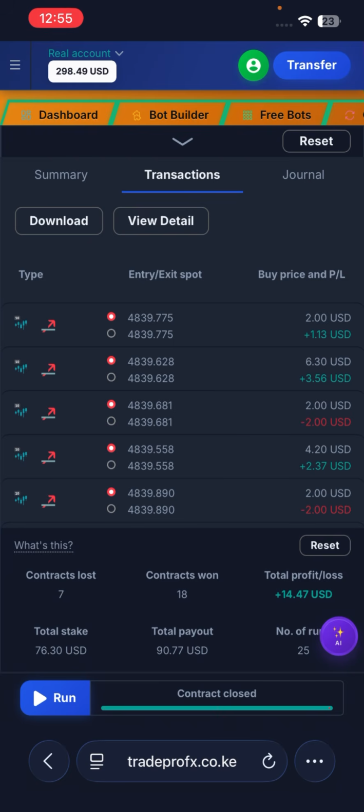So we are done. You can see the bot has stopped at 14 with 300 scoped. It's very easy. So I've made 15. I've also added another 14. That is close to something 30 USD there. And